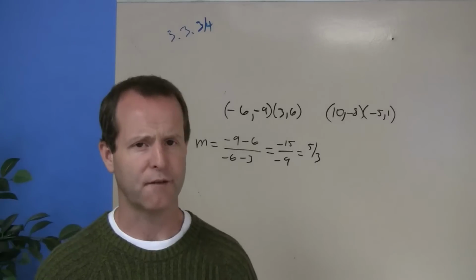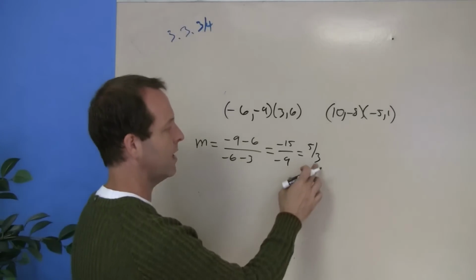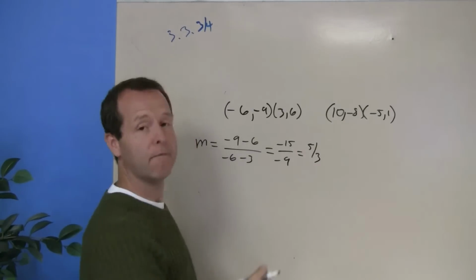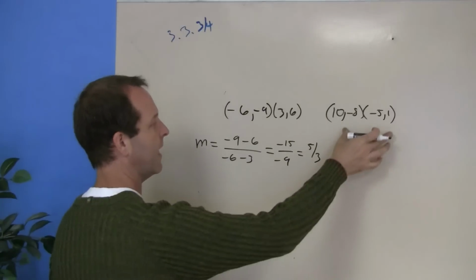So the slope of that first line is 5/3. And that doesn't mean it's a fraction. It just means that it's rise over run. For every 3 units to the right, it goes up 5 units. So it has a slope of 5/3. The second line,